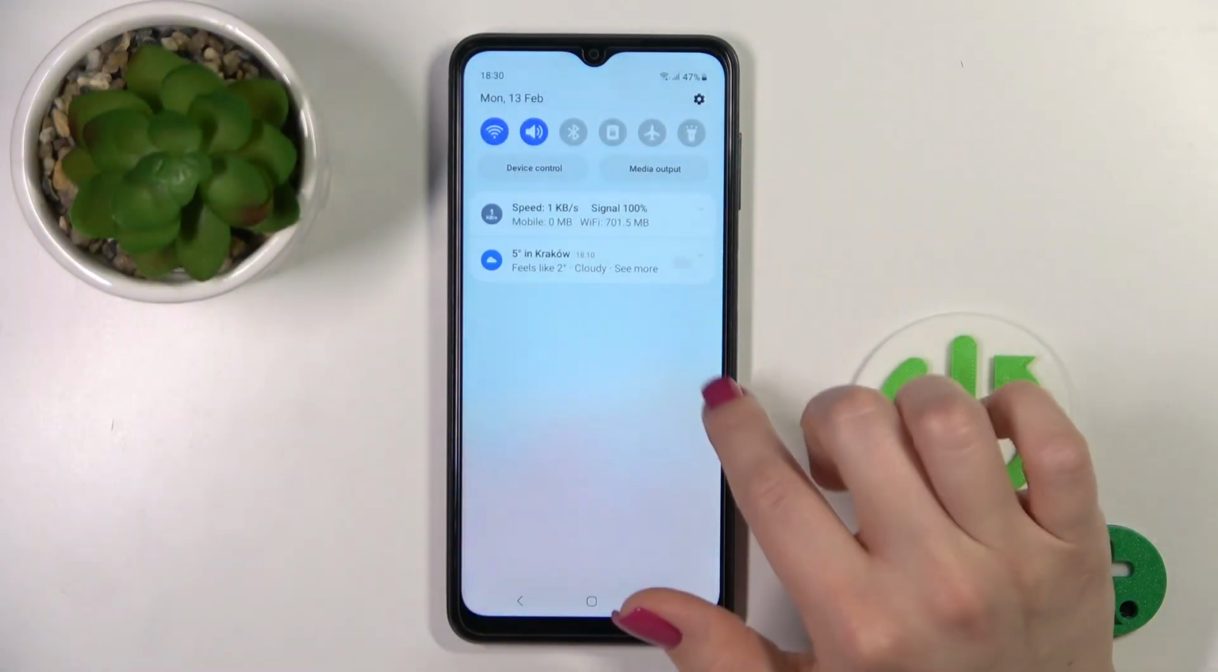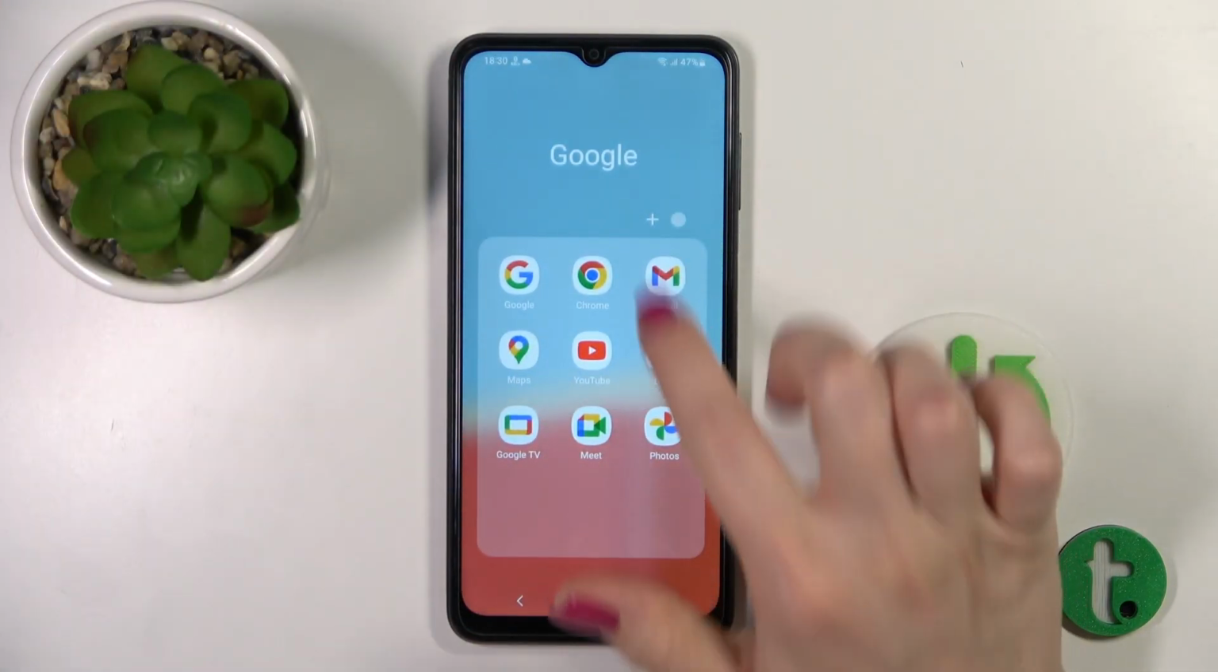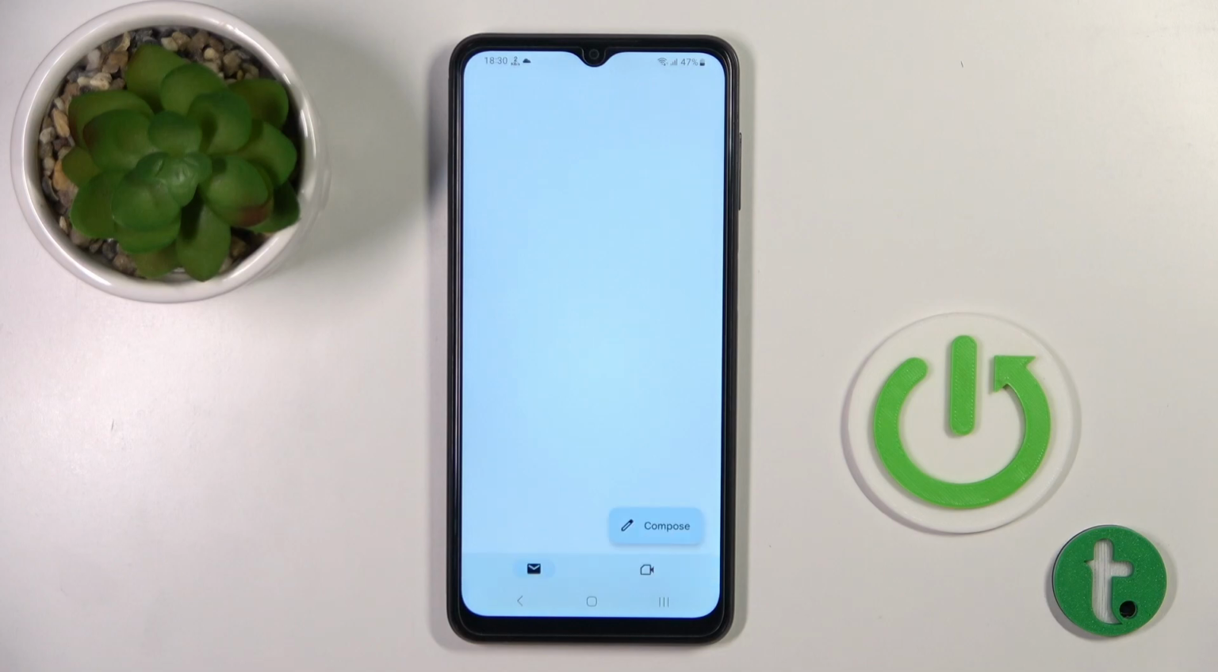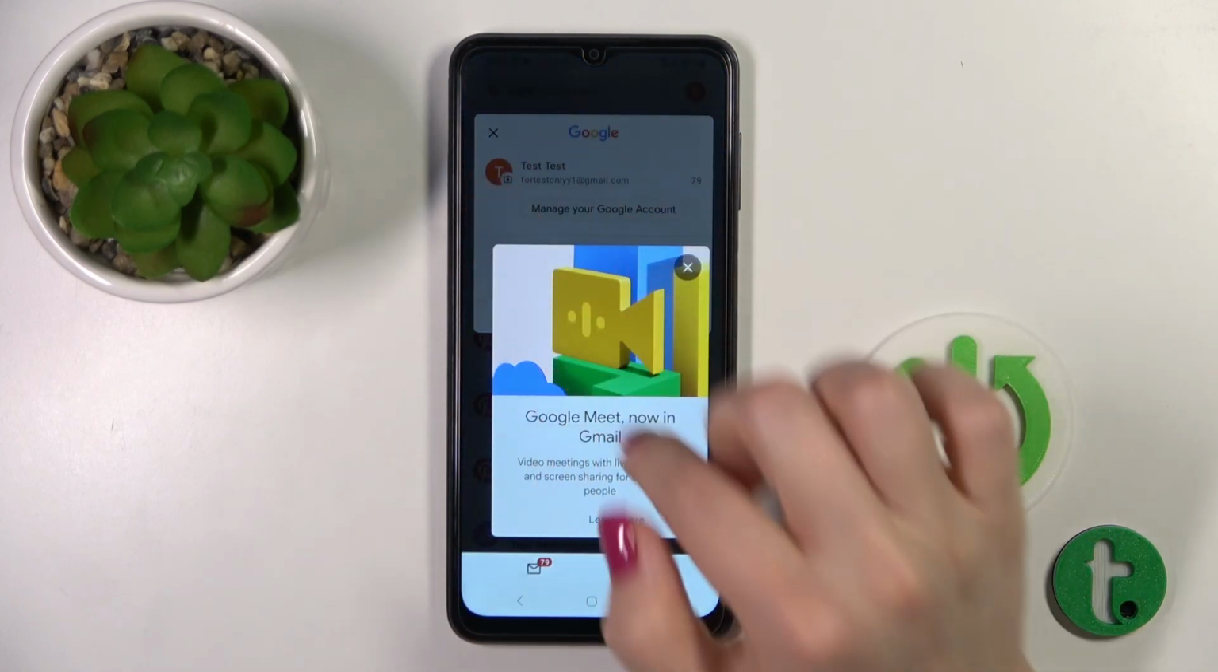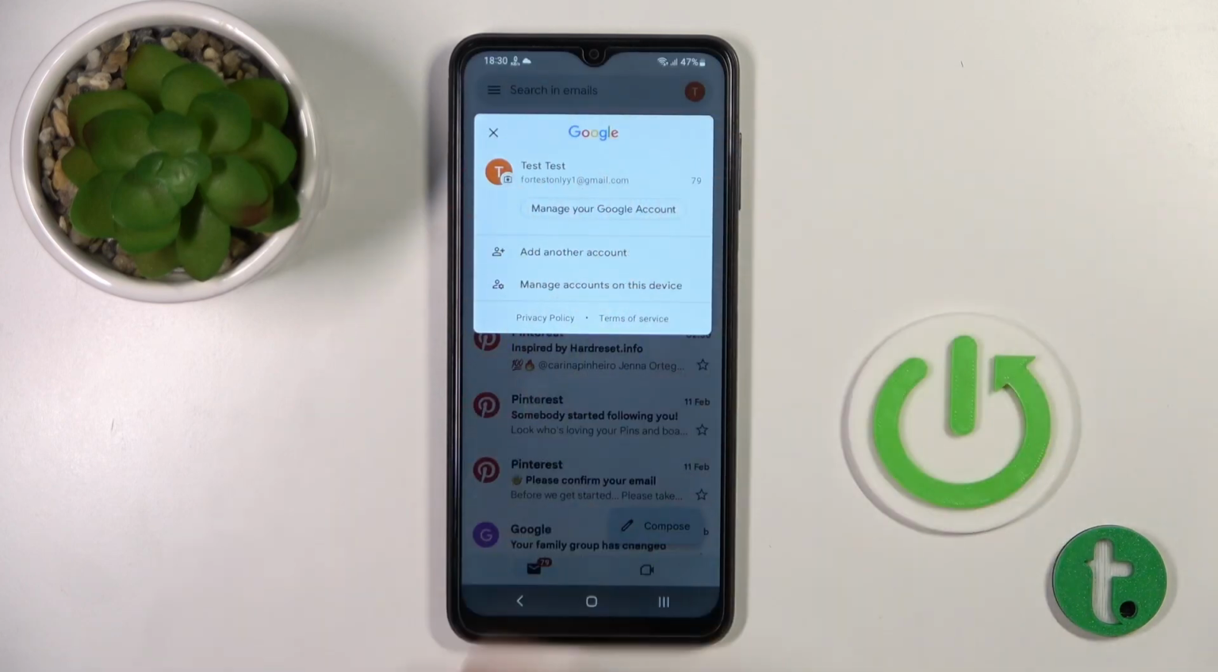So first, let's just launch the Gmail application and then tap on the right upper corner. Here we'll see our logged in Gmail accounts, and just to log out from Gmail account in Gmail app, we